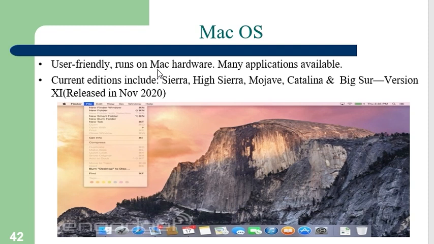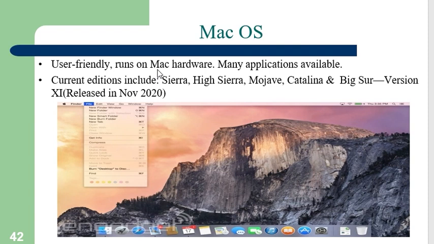Since then, it has undergone many updates and improvements to become a sophisticated and user-friendly operating system. Mac OS is built on a Unix-based architecture and provides users with a stable, reliable, and user-friendly experience. The operating system is designed to be intuitive and easy to use, focusing on simplicity and elegance. The user interface of macOS is clean, organized, and aesthetically pleasing, making it a pleasure to use for both casual